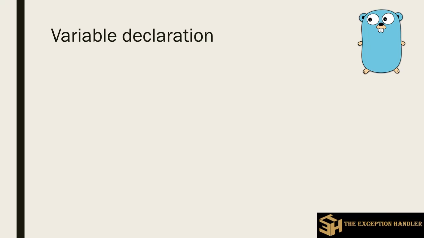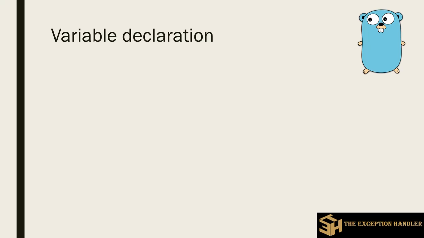Now that we have already learned from our first video that Go is a strictly typed language, this implies that any variable that you declare in Go has to be assigned a definite data type. Declaration of any variable has two methods in Go. First is explicit declaration, second one is implicit declaration. Whichever method you choose, the variable type has to be known at compilation time.